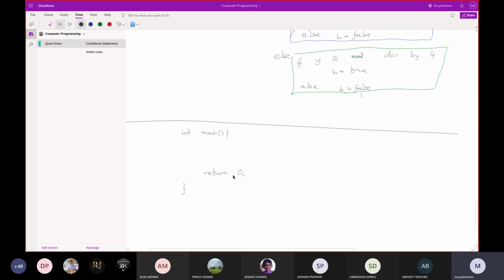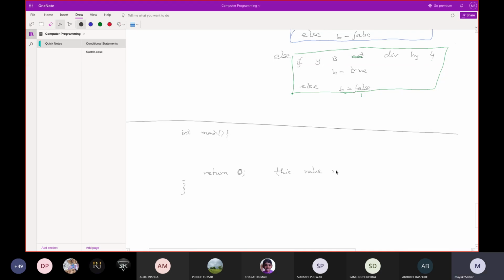But if you do not write return 0, as main is a special function, the operating system invokes it directly. When it ends after executing successfully up to this point, it is by default considered to return 0 for successful termination. So you may omit it for the main function, but when you write return 0, it means this